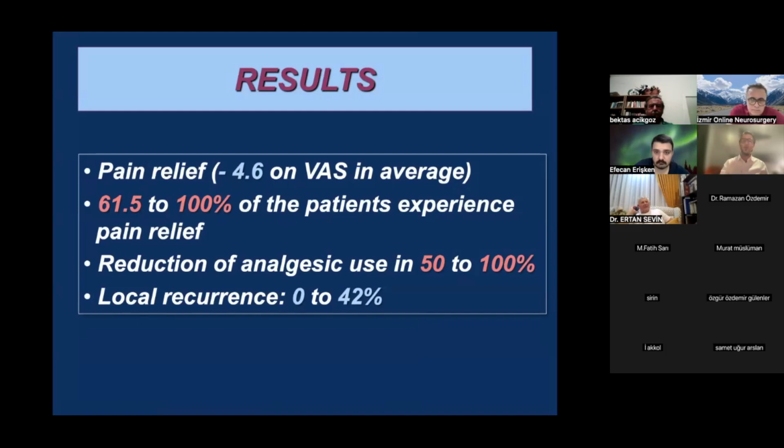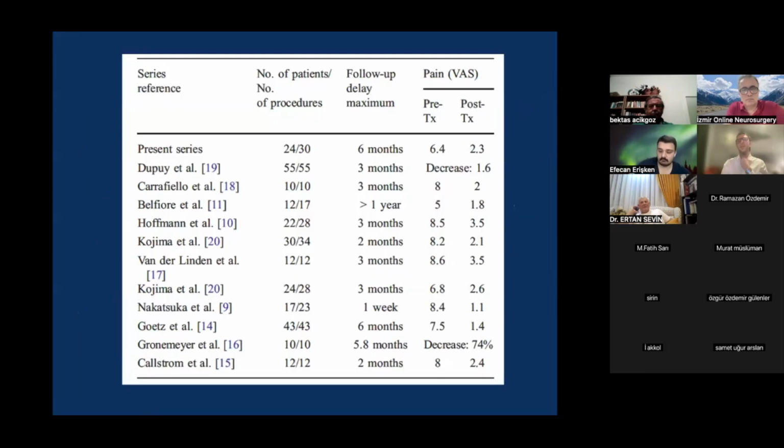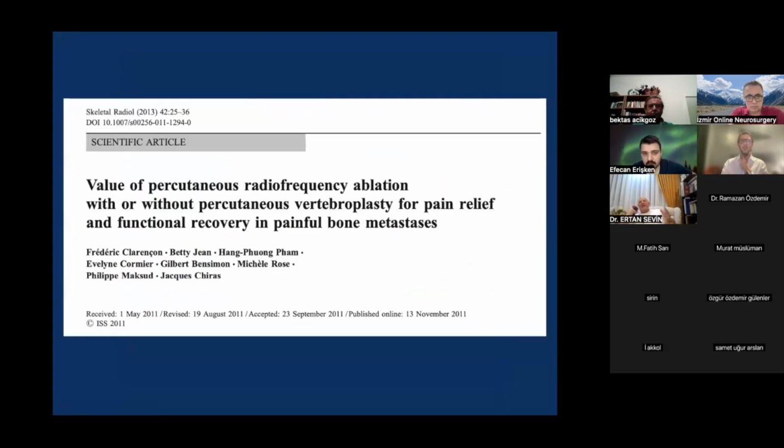And the rate of local recurrence varies depending on the studies. So here you have an overview of the main first studies performed with radiofrequency ablation on a bone metastatic lesion. And this is our early experience using this technique, which we published a couple of years ago